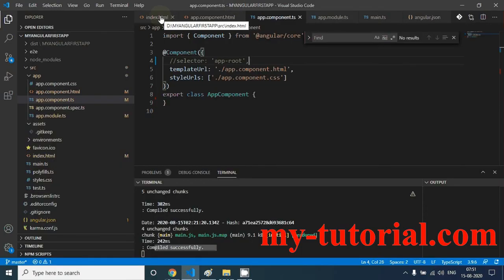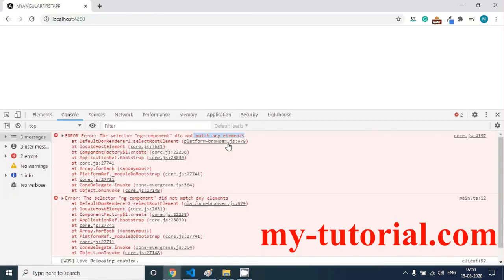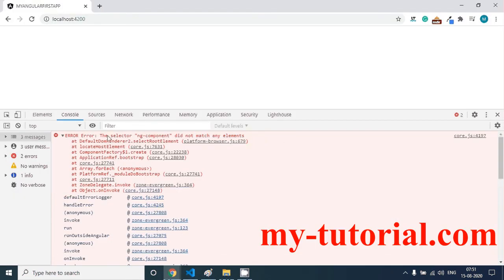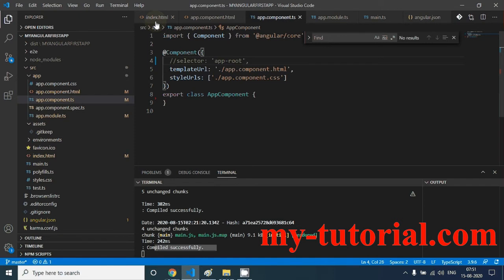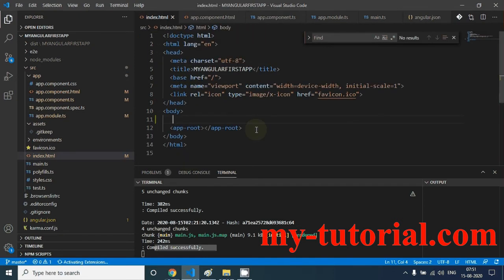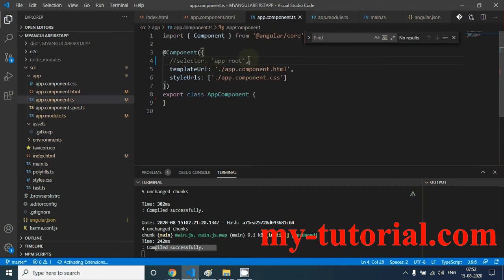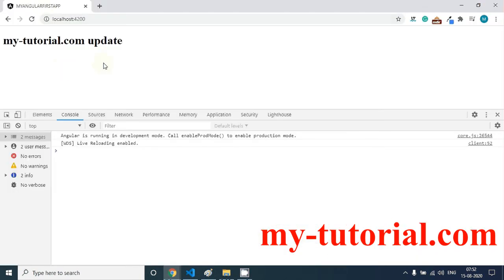This error is saying that if you come to index.html, we are using this selector, but it is not anywhere in our application because I have commented it out here. So if you uncomment this and save this file, now you come here and you will be able to see the output.